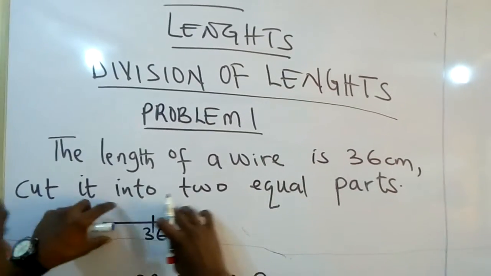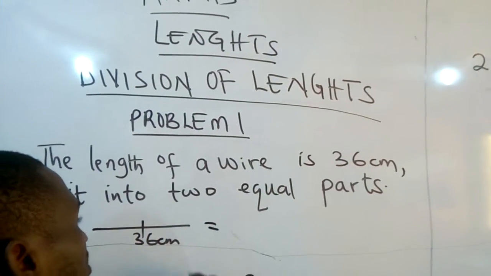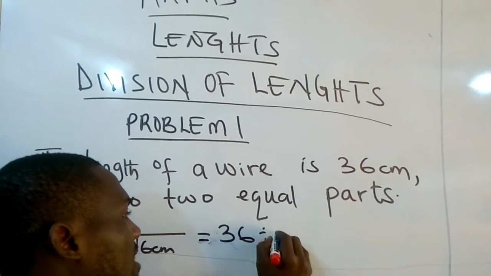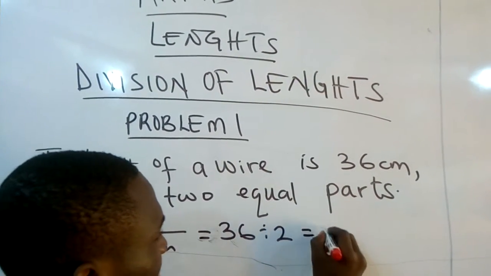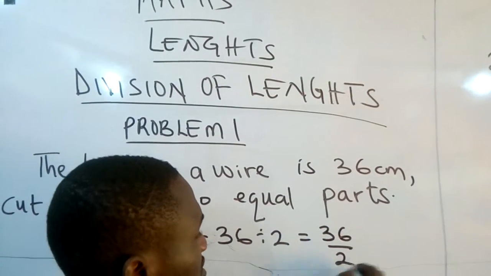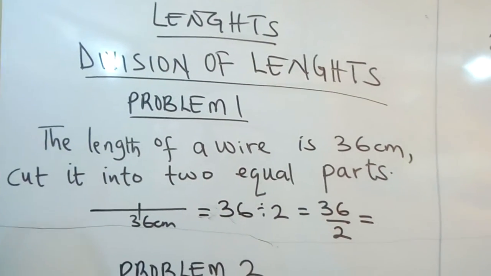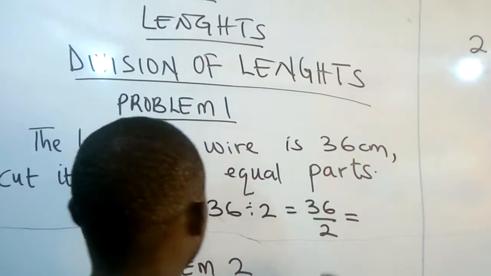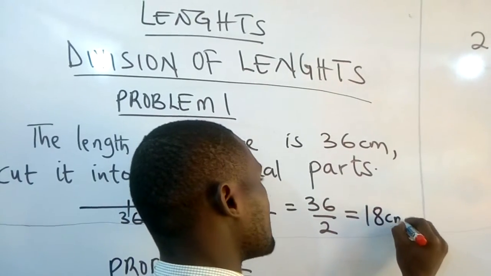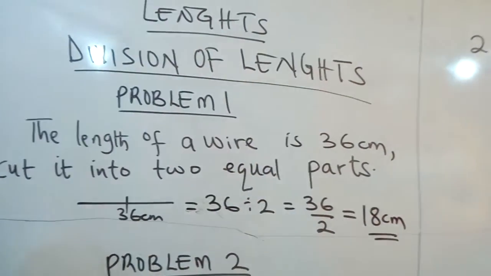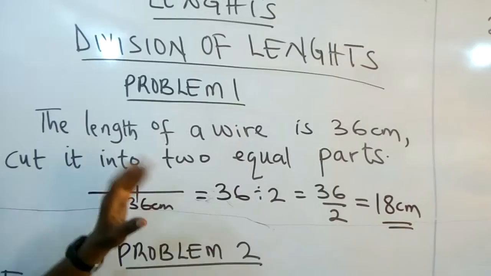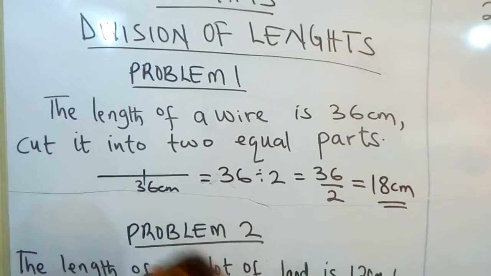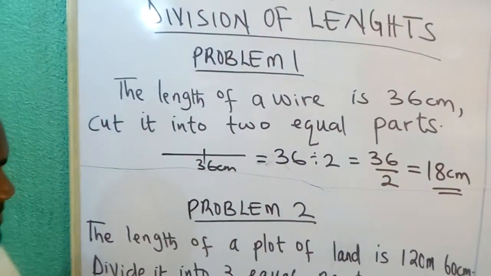If you cut it into two, the new equation is going to be 36 divided by 2. You can also write this as 36 all over 2. If you are to divide 36 by 2, what do you have? Good. 18 centimeters. Don't forget to use the same unit they give you in the equation. Therefore, if you divide a wire 36 centimeters long into 2, you're going to have 18 centimeters